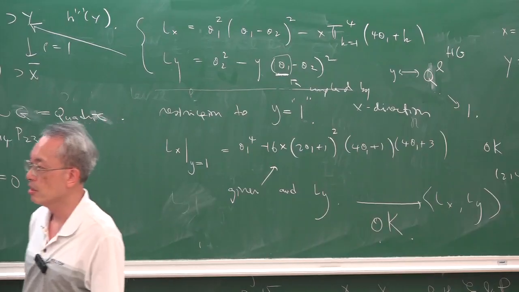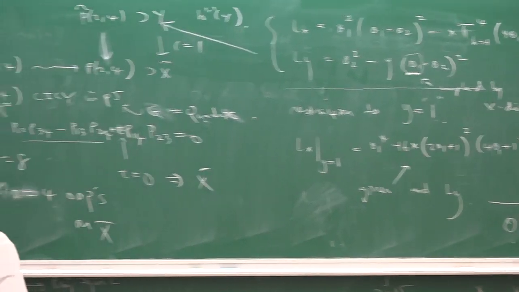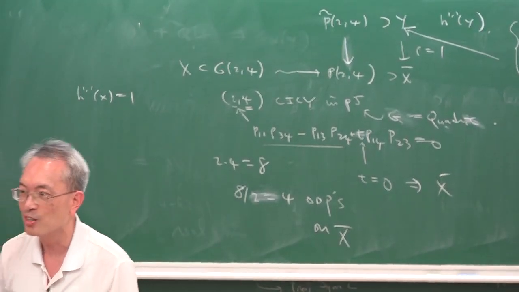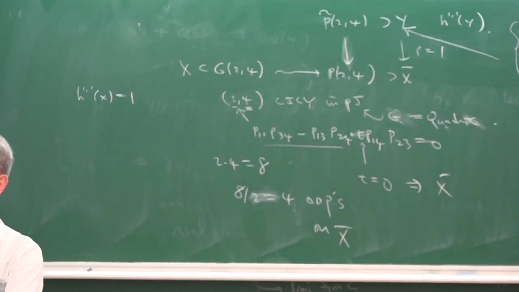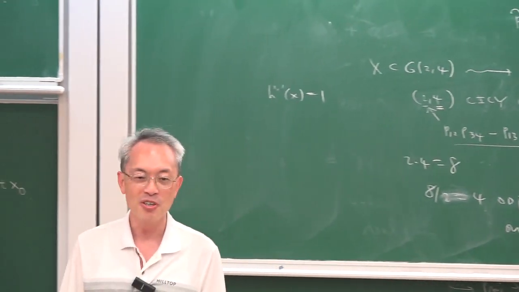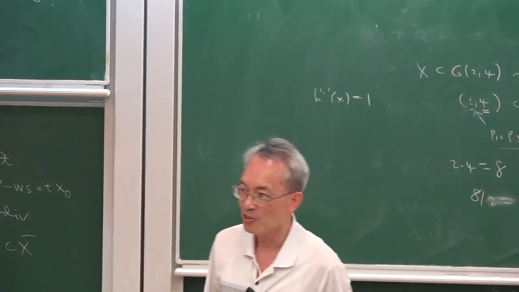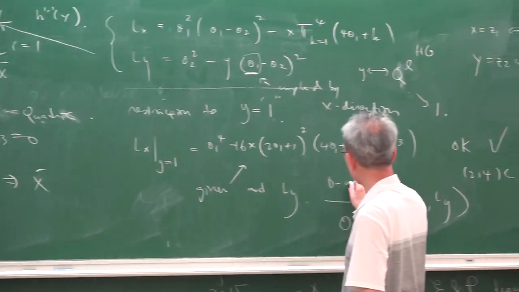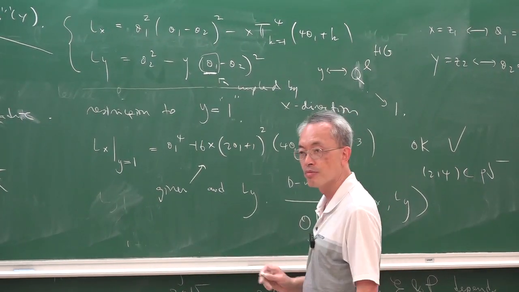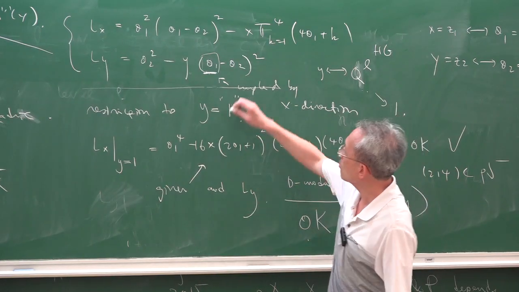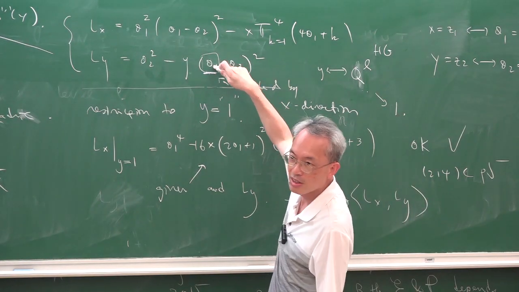And the reality is, you just do this compatibility check. So you start to commute these two operators. And of course, they don't commute, otherwise it's a system. So they don't commute, so you start to add some correction. And after some work, you know you can do that. So this part is okay by the D module method. So what's the remaining problem? The only one problem remains. How do you know this